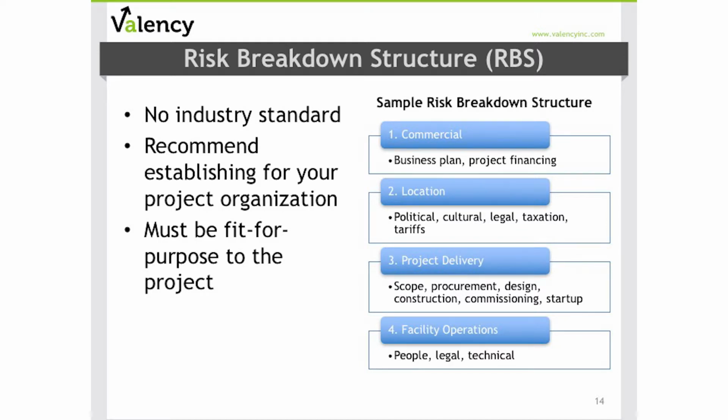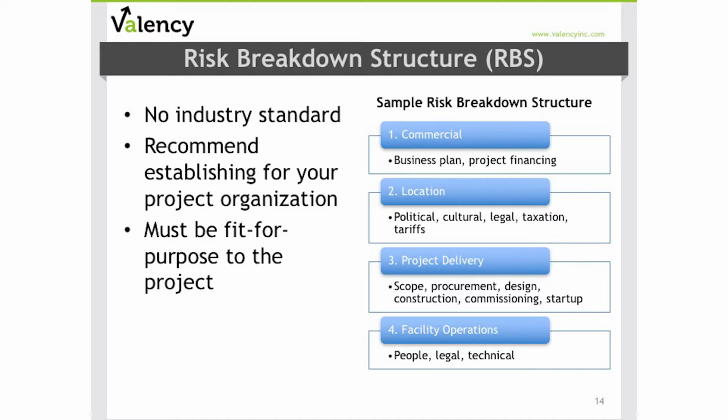Following a structured process as you go through risk identification is really important so that stakeholders have confidence that you're following a well-organized and efficient process. We recommend using a risk breakdown structure so that it forms an agenda when you're conducting your brainstorming session or even organizing the risks that you've identified. The example that we've provided here aligns with how we organized our risk identification checklist. And just like a work breakdown structure, your risk breakdown structure needs to be fit for purpose for your organization, as well as the size and complexity of the project that you have at hand.